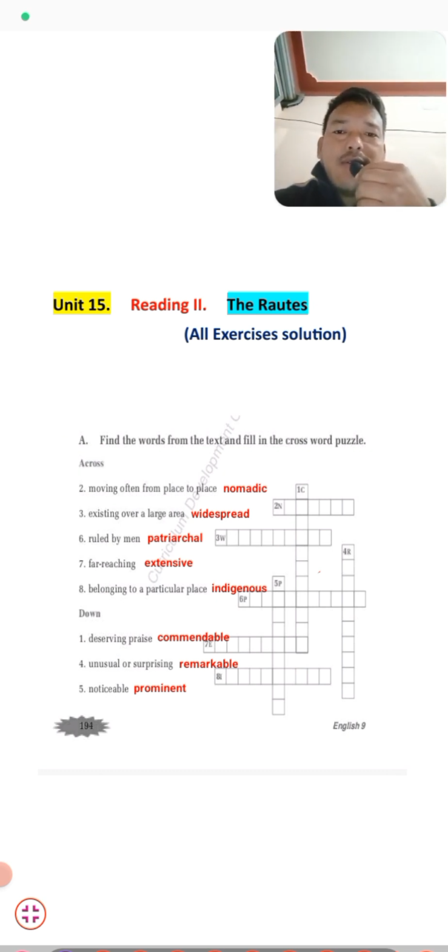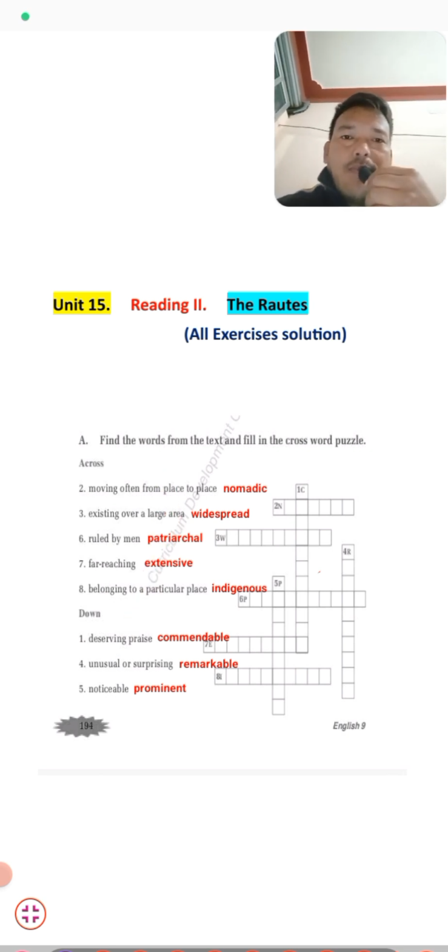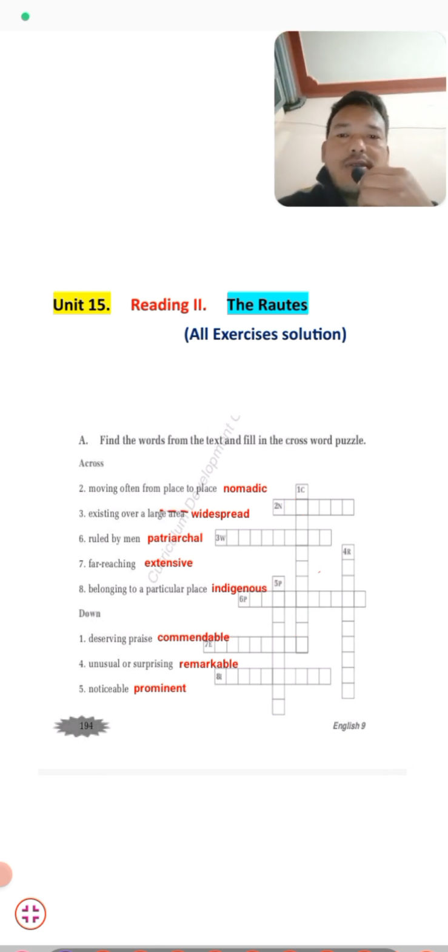First exercise is here, number A. Find the words from the text and fill in the crossword puzzle. This is the exercise given here. You have to find out the word, students, from the text, okay? So that you can fill this crossword puzzle given here. The first one is number 2. We have